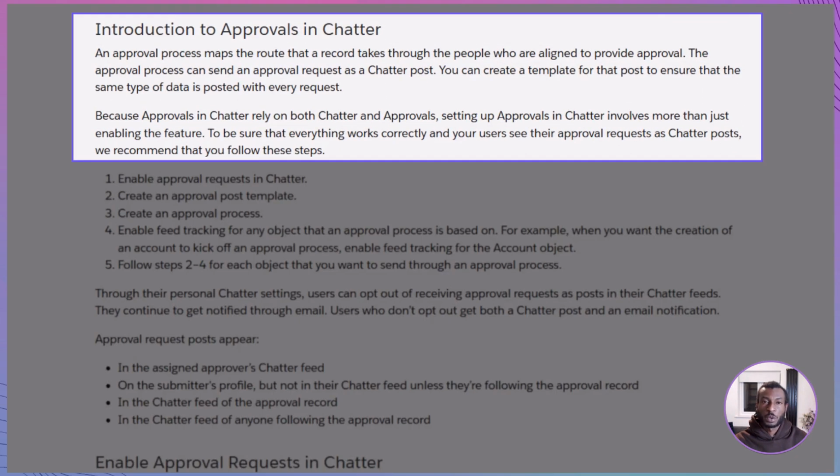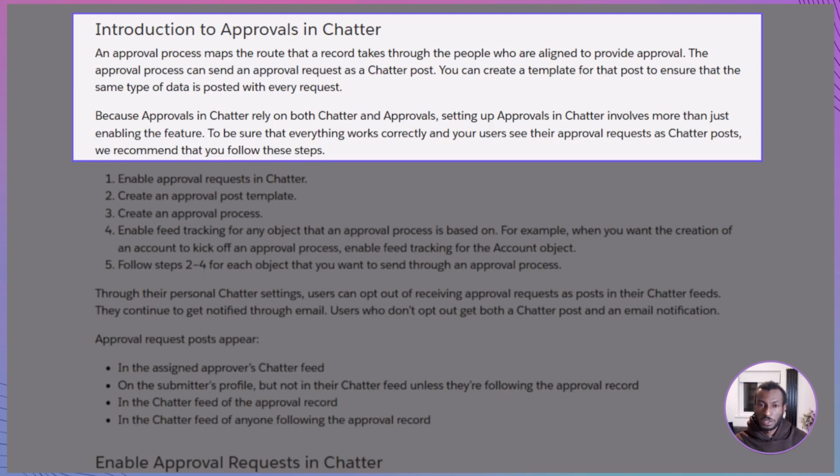Approvals in Salesforce are all about defining the route a record takes before it's officially approved. Think of it as a digital stamp of approval that follows a set path through one or more decision makers. Chatter takes this a step further by allowing approval requests to appear directly in a feed. This means approvers can see, review, and respond without breaking their workflow. Imagine your sales manager needing to sign off on new accounts. Instead of digging through emails, they can approve or reject a request right in their Chatter feed, keeping everything fast,